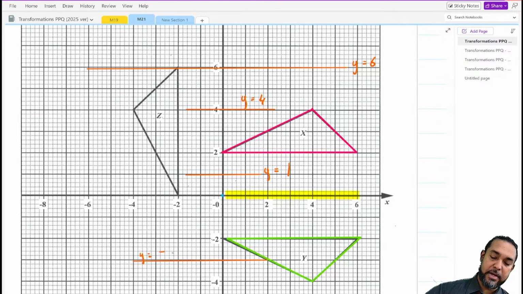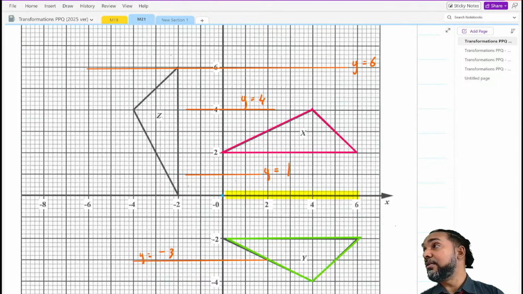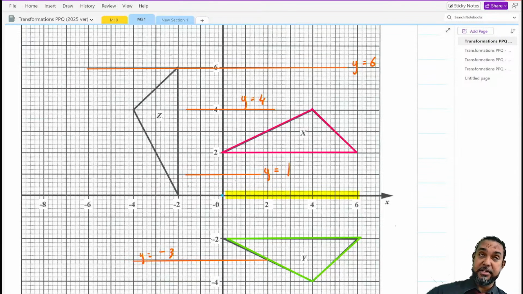Y equal to -3. So the x-axis, is it a perfectly horizontal line? Yes, it is. Is it passing through the y-axis? Yes. What is the point on the y-axis through which it passes? 0. And no matter how far to the left you go or how far to the right, what would the y coordinate be of any point?